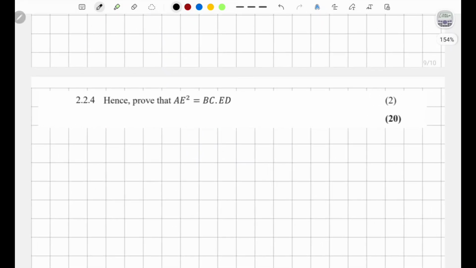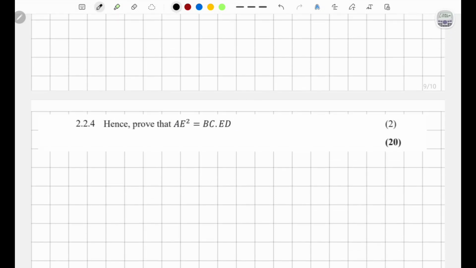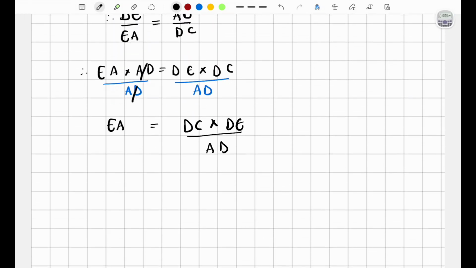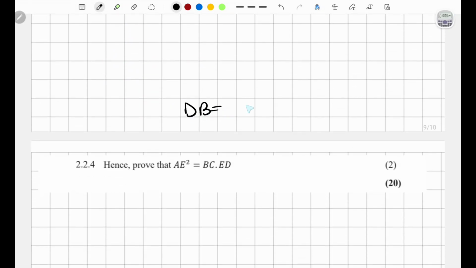Okay, and then the last question, hence prove that AE squared is equal to BC times ED. Okay, AE squared. I'm happy to see AE squared because I know that DB was equal to AE. So wherever I see DB, I'll just call it AE, and then I will have 2 sets of AEs. So